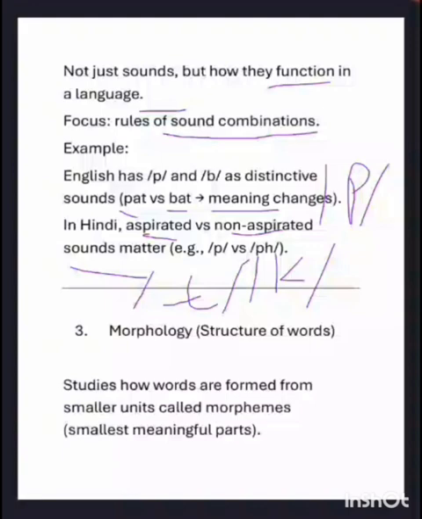So these three sounds, T, K, P, wherever they come initially in words, will be aspirated, meaning we put more stress on them. This is all phonology: the rules of sound combinations, the rules we make within our language about sounds, like where it will be aspirated, where unaspirated, where we will put more stress, how the voice will go, how the pitch will go. It's all about the rules of sounds.